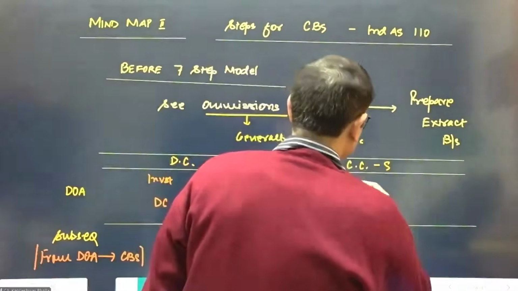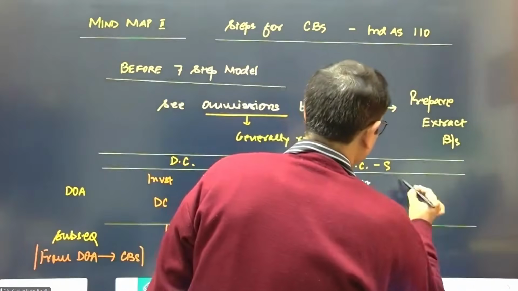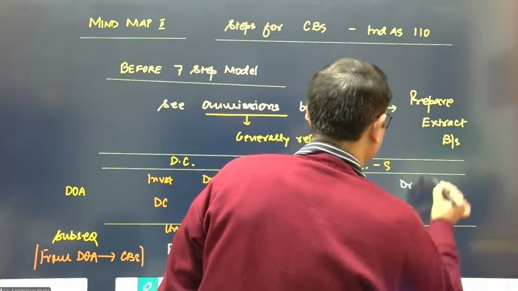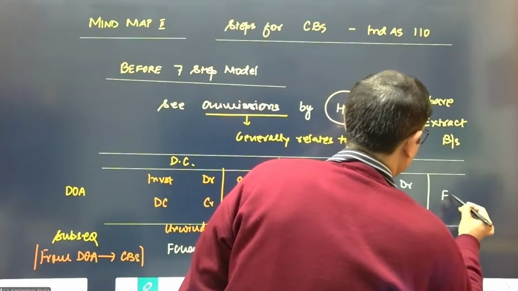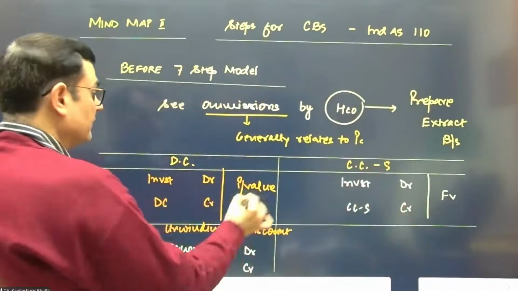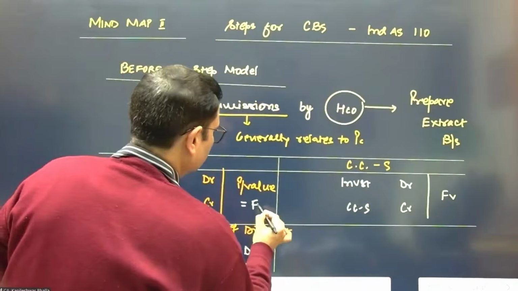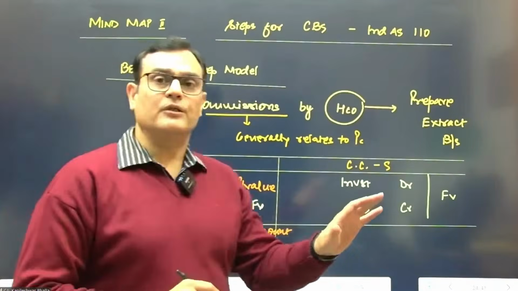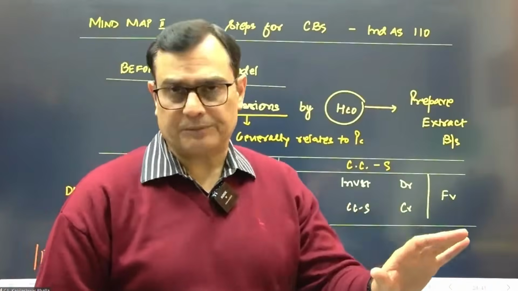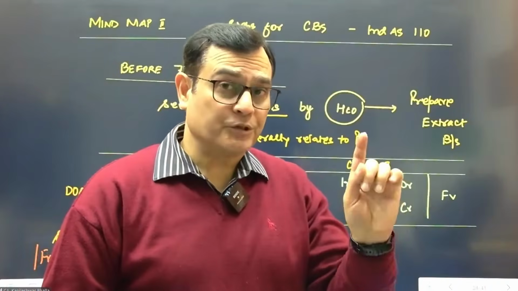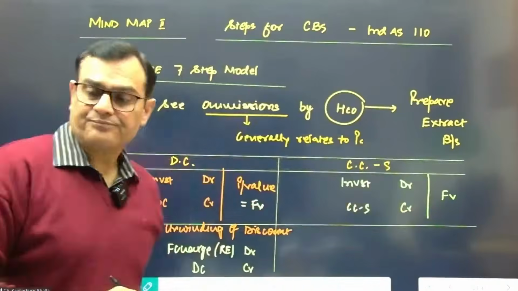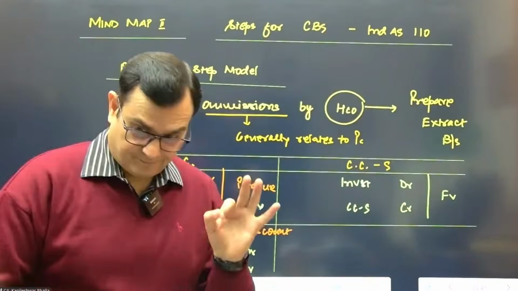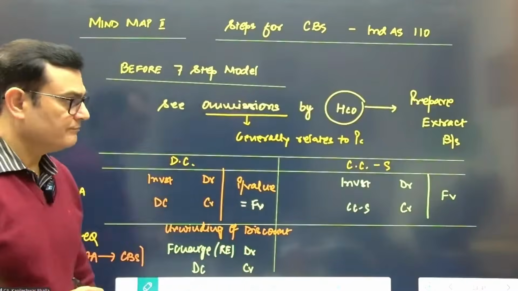Similarly, if it is a CC in the shareholders' capacity, the entry is investment gets a debit and the contingent consideration gets a credit, and this is also at fair value. But in this case, it is not a present value. It is directly a fair value, which will be stated in the question. Any considerations on subsequent accounting? If it is equity, no change. If it is financial liability, P&L account.